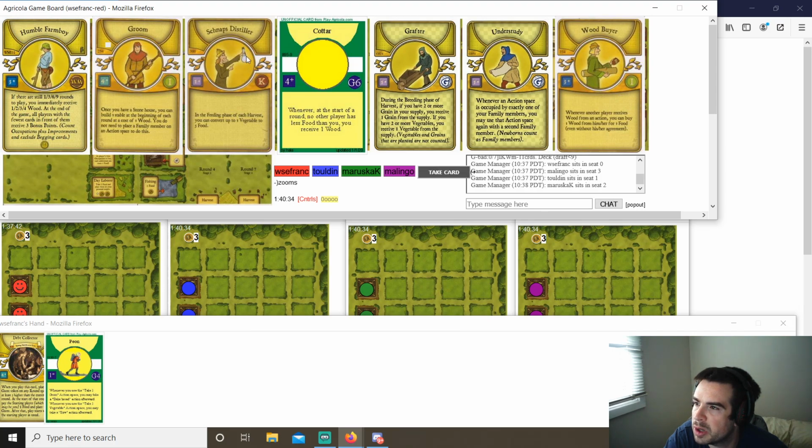Humble Farm Boy, Groom. So Schnapps Distiller, okay. Schnapps Distiller plus Peon is a decent way to feed, although it doesn't come online until stage 3. No other player has less food than you. You receive 1 wood. So if I can keep all my food in non-food, in vegetables and other stuff, then Cotter is an option. Understudy. Whenever an action space is occupied by exactly one of your family members, use it again with the second family member. So if I want to double Peon, for example, if I want to double the Deck Collector action,